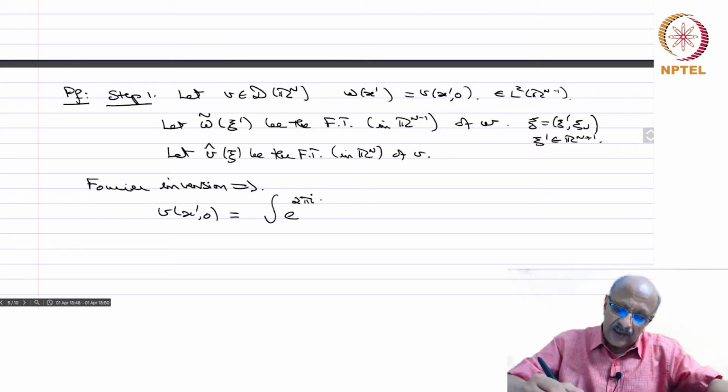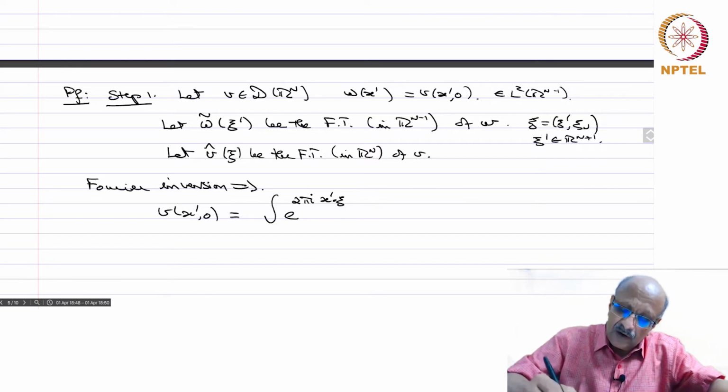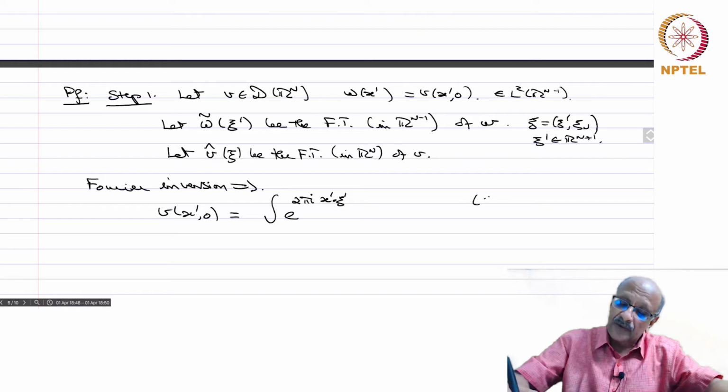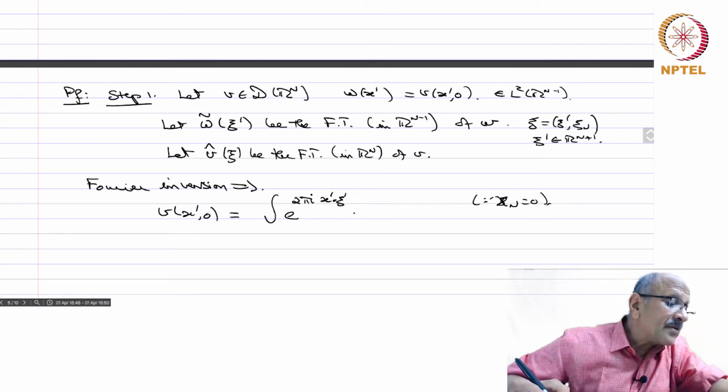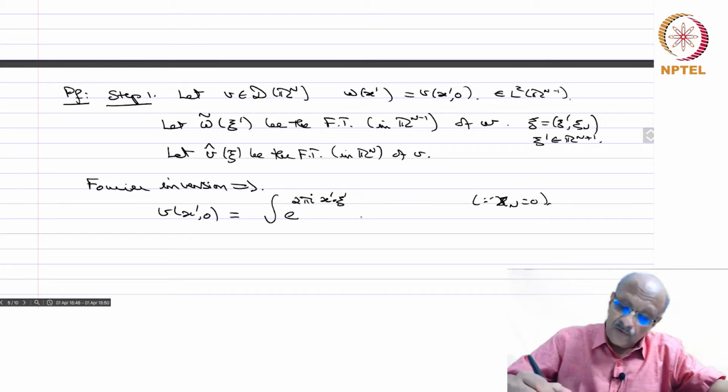Now x dot xi, xn is 0, so the xn part won't come, so I will just have x dash dot xi dash, since xn equals 0. So e power 2 pi i x dash xi dash into V hat xi